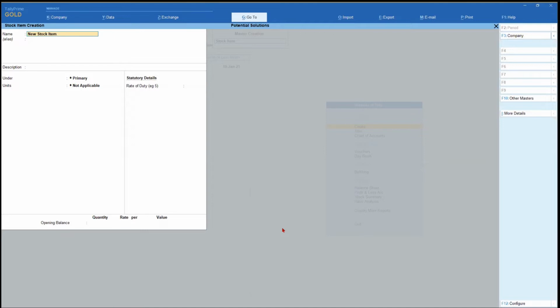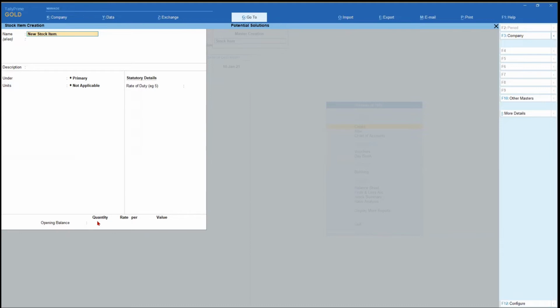In that case, the requirement for entering opening balance is not required. Some of the options in F12 configuration basically help the user with fast creation of master or fast data entry. So since it's a new company, there is no requirement for entering opening balance.